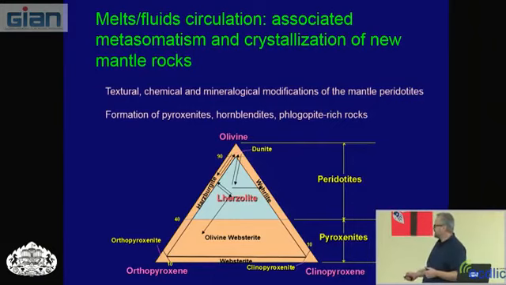So, just to remember that in a modal diagram, the effect of mantle metasomatism will change dramatically the kind of rocks we will have. But depending on the original composition of your melt, from lherzolite you can form harzburgite, but from harzburgite you can form lherzolite because you will add clinopyroxene in harzburgite by melt. You can form dunite because you will dissolve your pyroxene in a lherzolite or in a harzburgite. You can even form some wehrlite, a very clinopyroxene-rich peridotite, from a lherzolite.